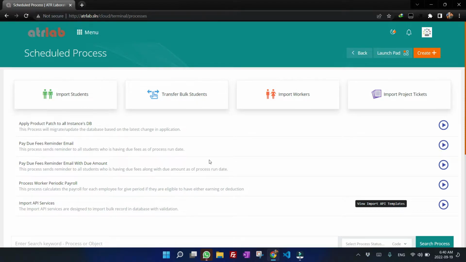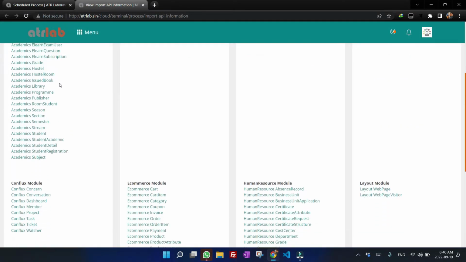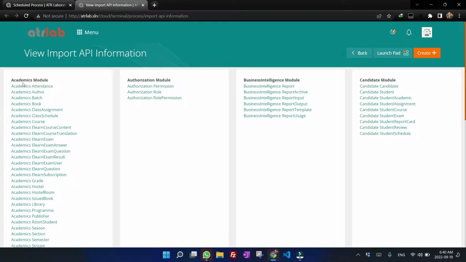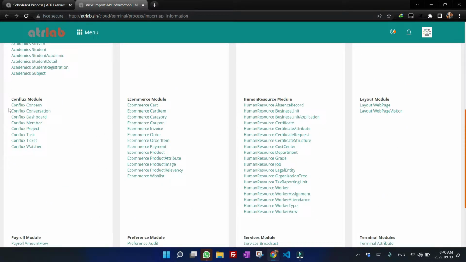If we want to import any direct data, we have the API template and API information also. You can click here, you can see view import API template. It will list all the available APIs which can be loaded through the Excel. We have a set of 12: academic module, authorization module, business intelligence, candidate module, then conflicts, whatever we are discussing about